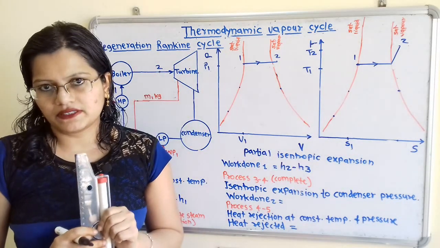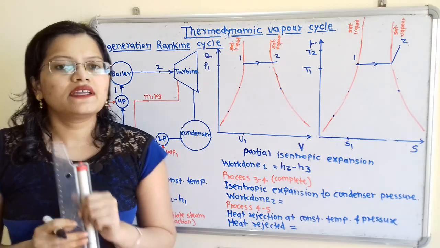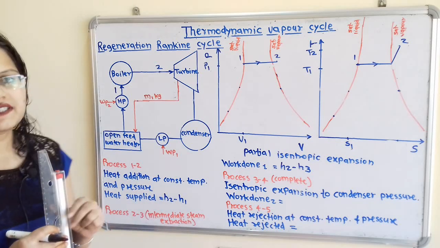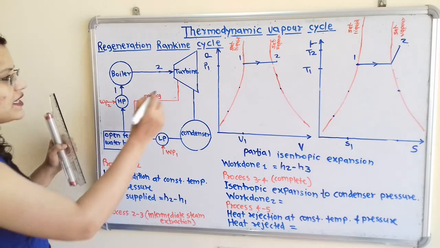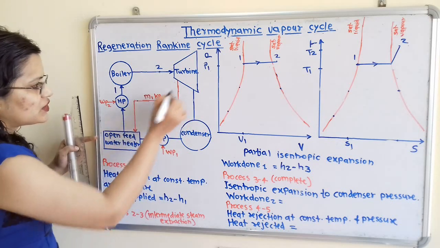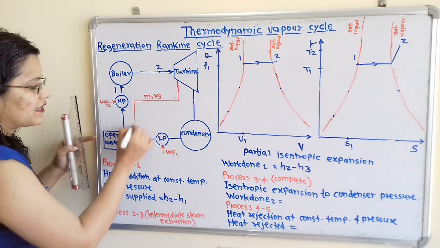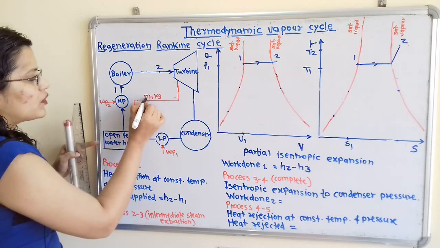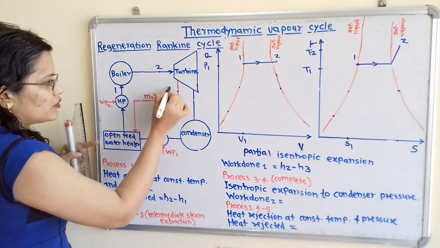expansion is taking place. But what is happening? During the process 2 to 3, intermediate steam extraction process is taking place and I have shown here the steam extraction with the help of this red line. So what is the amount of steam extracted? That is equal to m1 kilogram. So I will show here point 3